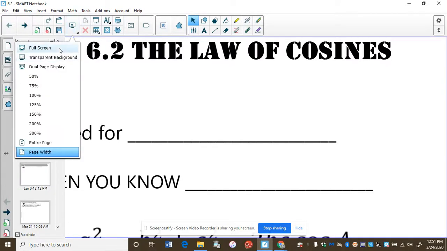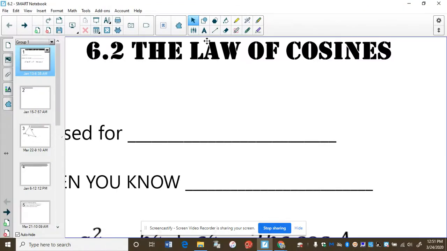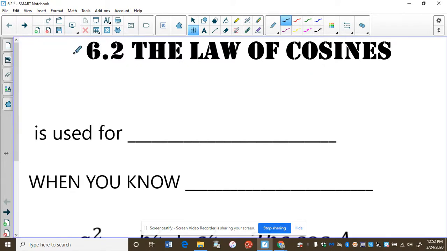Okay, moving on to talking about the law of cosines. So the law of cosines, similarly to the law of sines, is used for